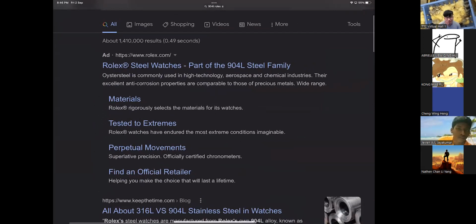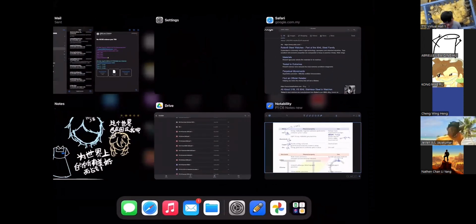There, you see, part of the 904 steel family. That's why people use Rolex. They very fancy one: mine is 904 steel. If you use another brand, yours is 316, the cheap black steel. Mine is the high grade one. But no matter how expensive your watch is, it tells the same time. I don't care whether you wear a Ben 10 watch or a Rolex, they tell the same time. If you buy a Rolex, you buy it for the status, for flexing, of course. Anyway,